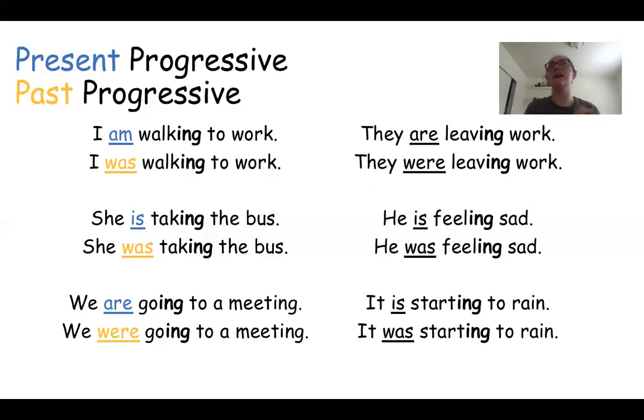So it just means that, in the past, before now, before right now, before today, he was feeling sad. It's like taking the present progressive and just picking it up and putting it in the past. That's all it really is. You're talking about something that was happening and it kept happening, but it's in the past, right? So that's why we use it.